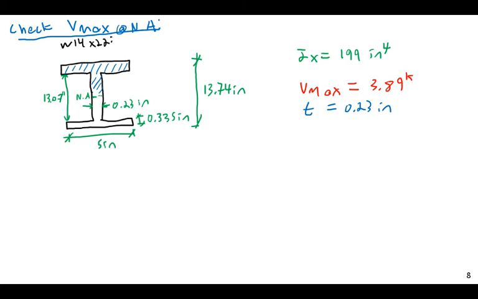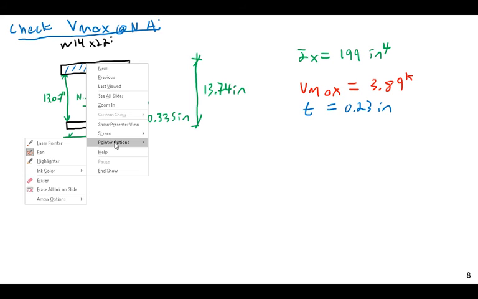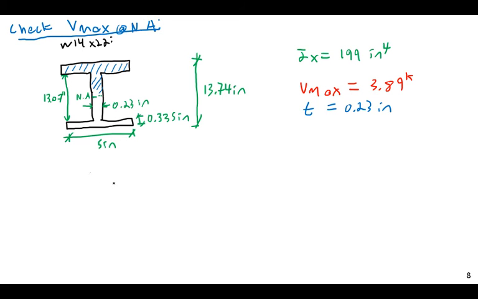Moving along. Okay, I don't want to go to the next slide yet. I need to calculate our Q. This is going to be fun. Okay, let's get us a Q. Q is going to be Q web plus Q flange. Remember, it is just area for each piece times the distance of that piece's centroid to the neutral axis. For the web, 0.23 inches times